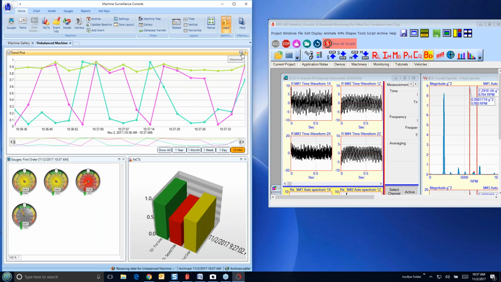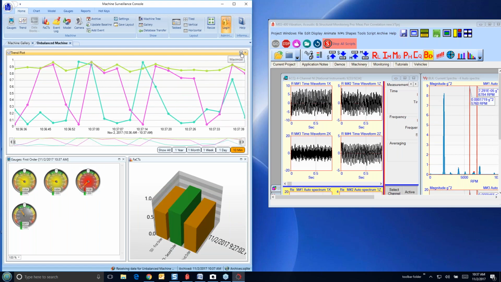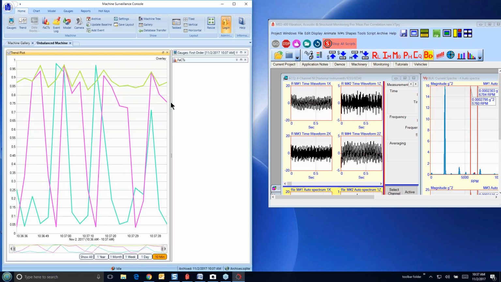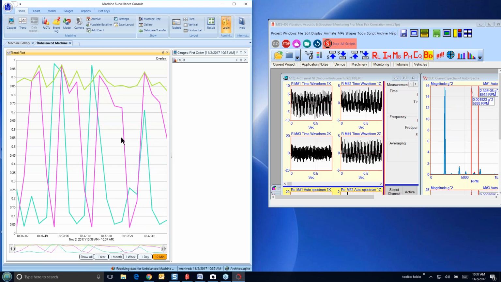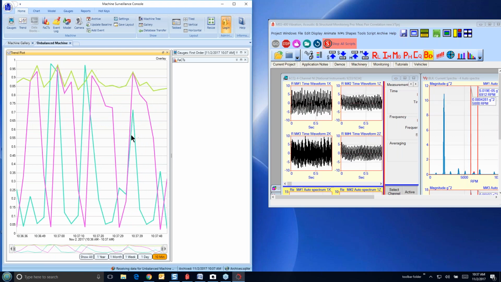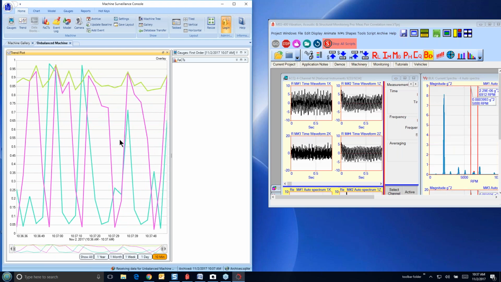So if I click here, let's make this large. This is a trend plot of 3 of the SDI values, 1 value for each of the 3 bands.